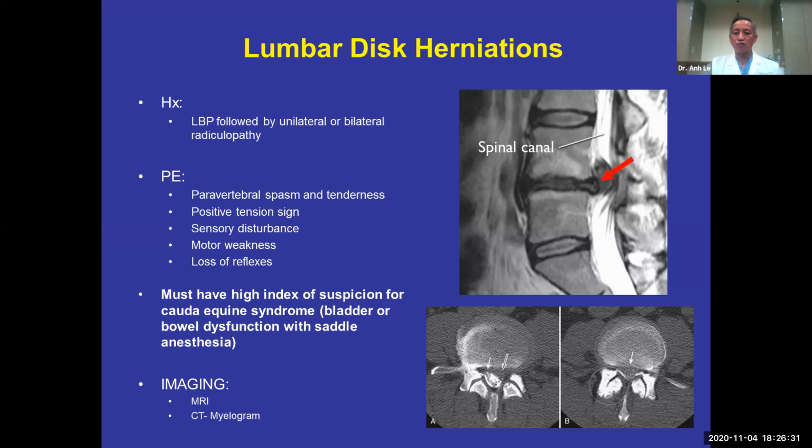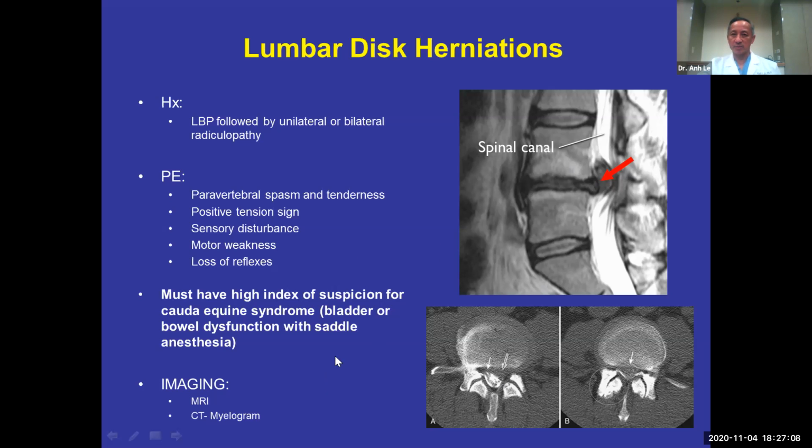The imaging study for disc herniation includes MRI. As you can see here, here's an MRI of a disc herniation where there's significant degeneration at L4-5, and there's an extruded disc fragment, right, into the spinal canal, causing significant displacement of the nerve roots. And if the patient cannot have an MRI, then you can perform a CT myelogram where you inject dye into the thecal sac, and here's the thecal sac, and then you can visualize the defect caused by the disc extrusion in this case.